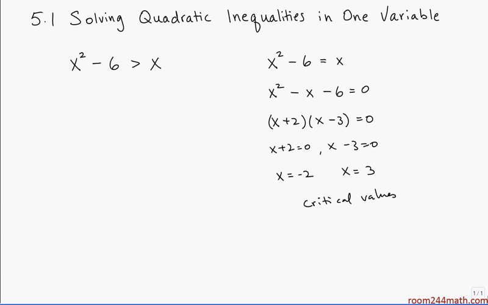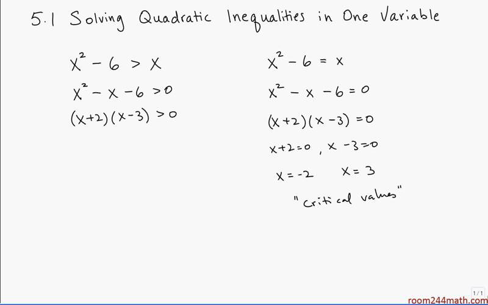Now, a little later on, we're going to look at more complicated equations, and there'll be critical values there that are more than just the roots to the equation. But here, this is it. These are the only types of critical values we're going to have to worry about, which are really roots to the equation. Now, after you've solved a few of these, you're not going to really have to write everything over on the right-hand side like I've just done. What you'll do is essentially all the same steps. You'll bring everything over to one side, x squared minus x minus 6 greater than 0. You'll factor it, and then hopefully you will remember that those factors correspond to roots,